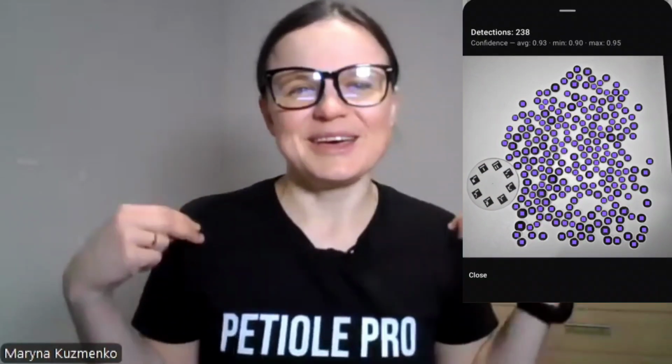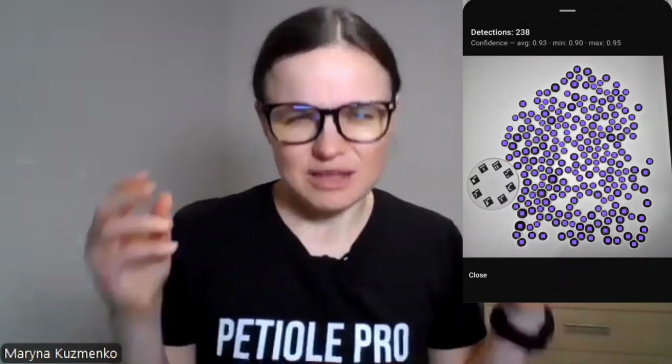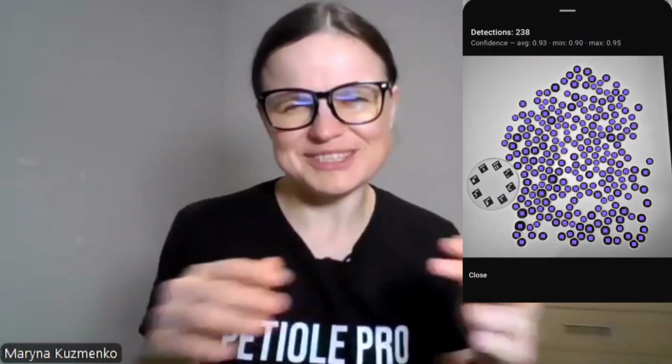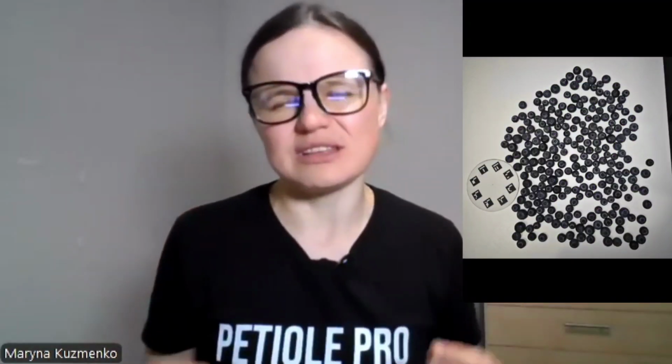And just to illustrate all my theoretical part, you can see the blueberries, and we are delighted to say that in Petiole Pro we love Edge AI, and we work strongly with most of our efforts. We are bringing into mobile first, edge first, and photo first. So we have three components which must be first. So it's actually, we focus on the mobile devices like smartphones and tablets.